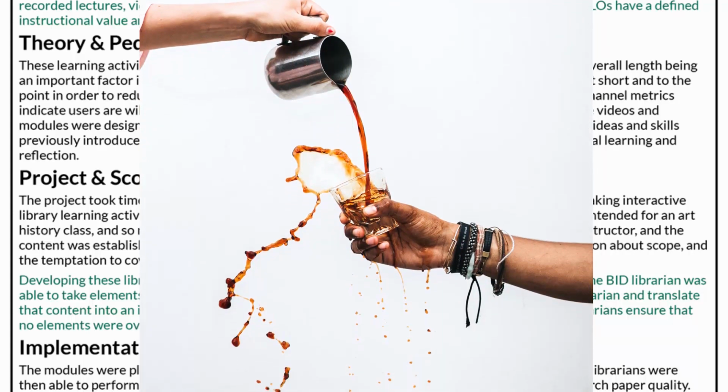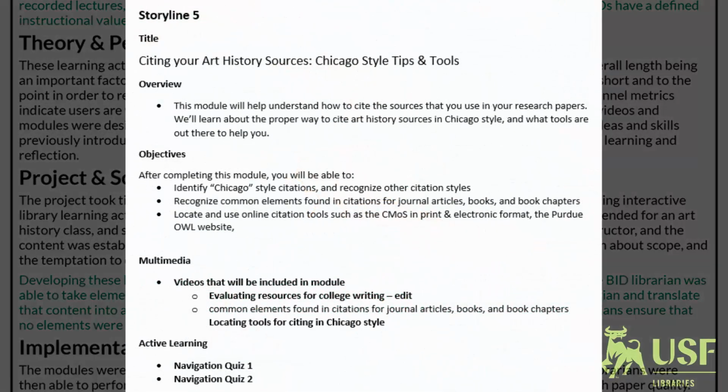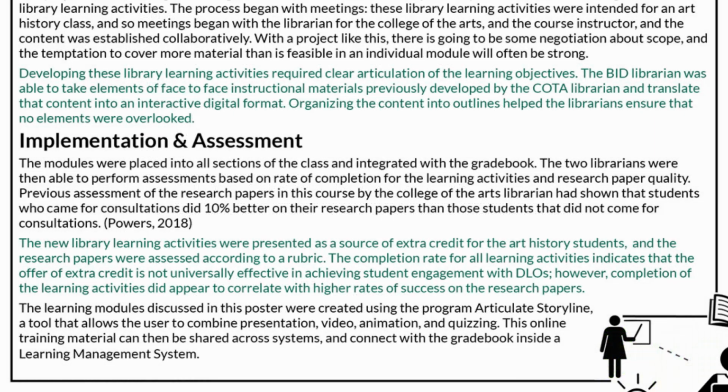Developing these library learning activities required clear articulation of the learning objectives. Organizing the content into outlines helped the librarians ensure that no elements were overlooked. The library learning activity modules were placed into all sections of the class and integrated with the gradebook. The two librarians were then able to perform assessments based on rate of completion for the learning activities and research